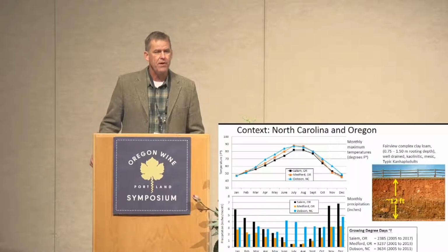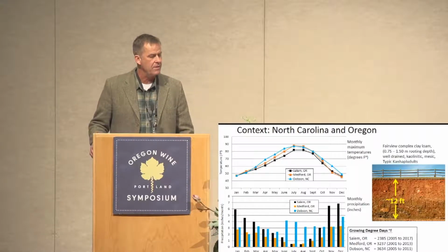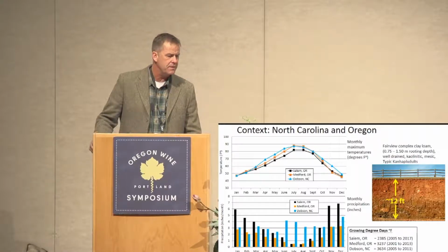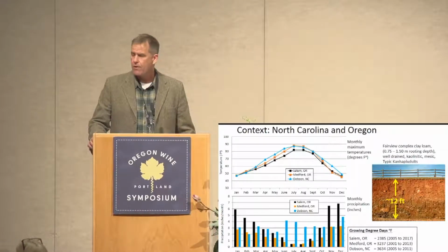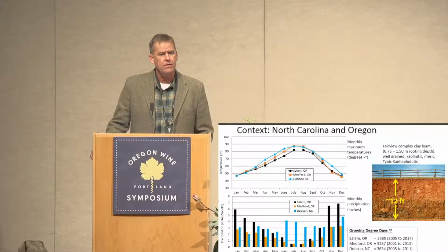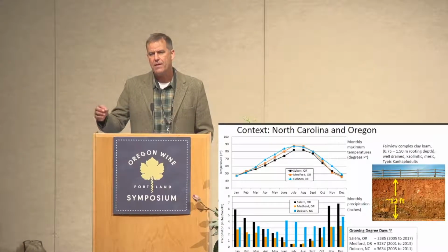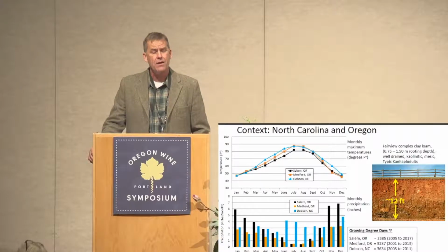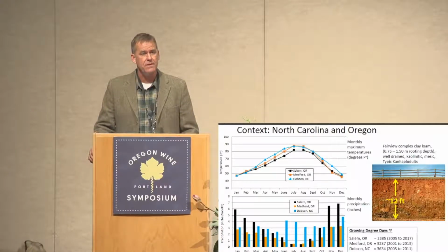So looking at some rainfall data, a gentleman asked earlier, well, how much does it rain there? I put this little slide together, and you can see, if you look at the lower chart there, the differences in rainfall. Where I did this experiment, it gets somewhere between 40 and 63 inches of rain. I measured 63 inches of rain one year, and a lot of that happens during the growing season, which is